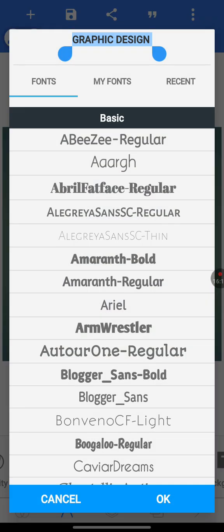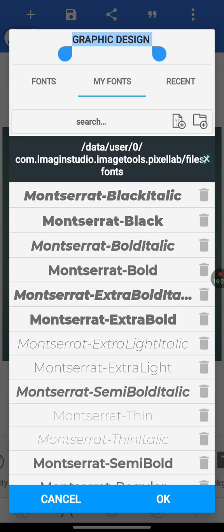Now these are the on fonts, these are just the regular fonts that are in Pixellab. Then on my fonts, that's where you're going to find your fonts that you have downloaded. So what you do is go on my fonts. So you have to import the font that we have downloaded to the app. Understand that? Let me show you real quick. So I'll just go here